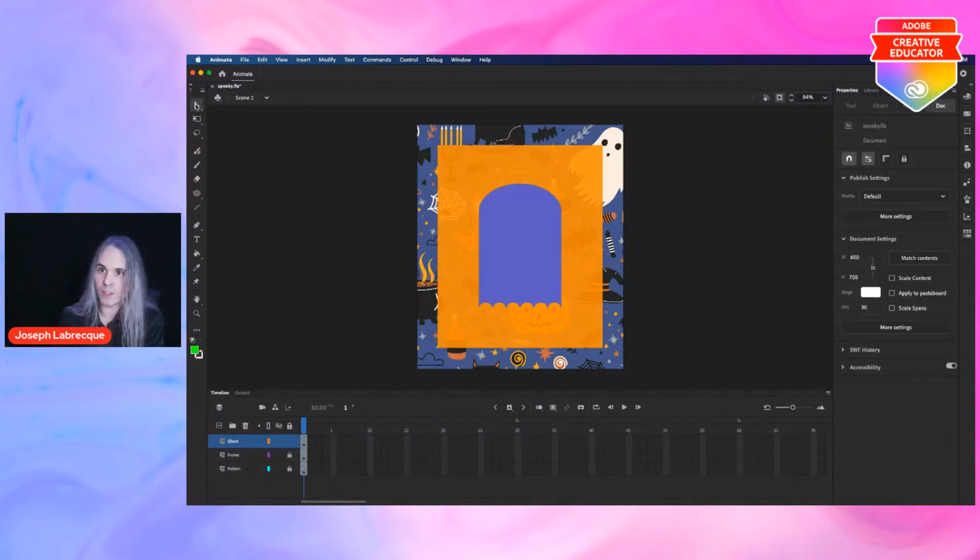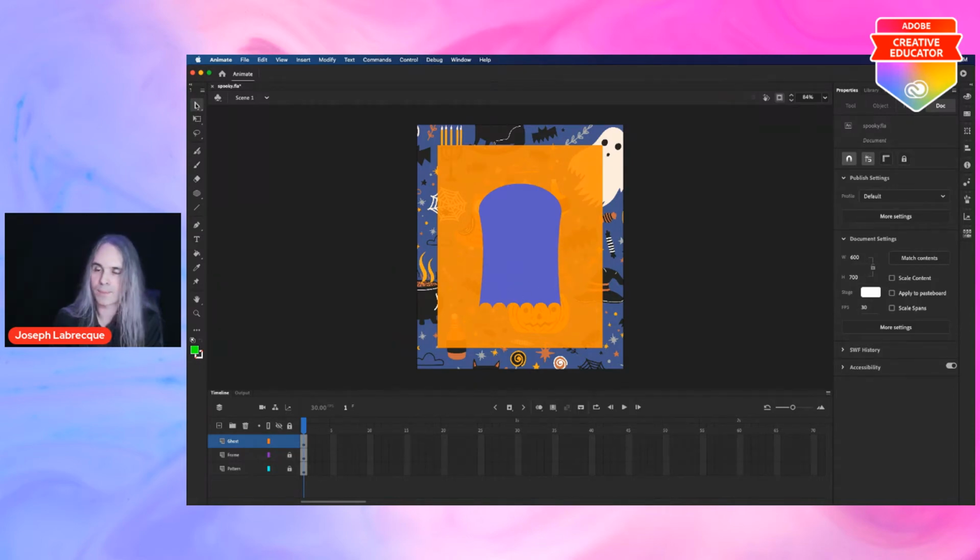So something else we can do with shapes, if we use the selection tool here, if you click anywhere on the pasteboard, it's going to deselect everything on the stage, right? That's actually going to allow you to hover over the edge of any shape in order to deform it by pushing and pulling. So if I hover over the edge here and click and drag, you can kind of see how that works, right? So we just want to pull it in a little bit so it's not completely